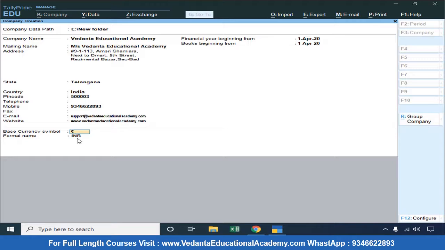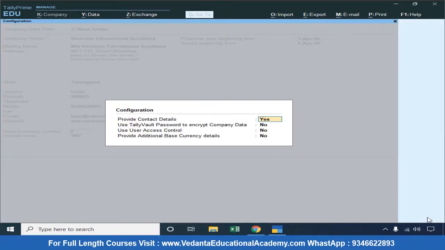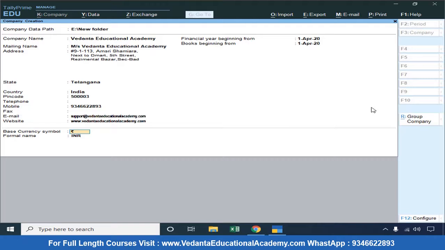And here, if you want to access some more features, then you just click on configure. In this configure, if you want to add contact details, it is already added, but in this screen, in the older version of Tally, in this location you can access the Tally vault password. Tally needs the Tally username and password. Now this is a basic company creation. If you want to create a secured company, in the same screen, as of now you may directly press enter and Control A to save this company.